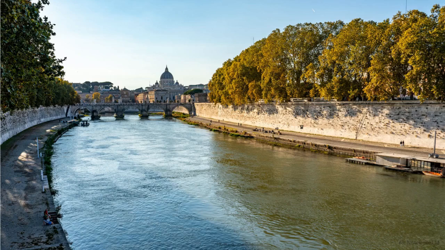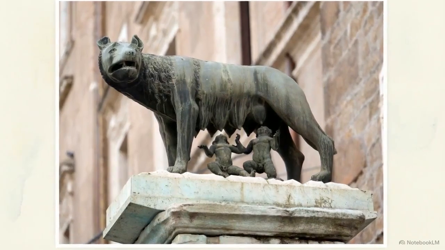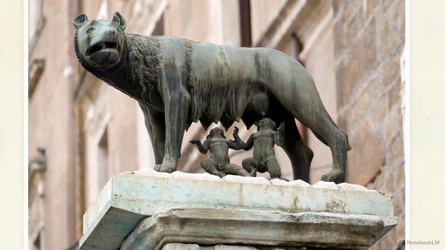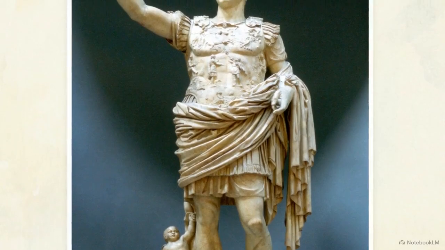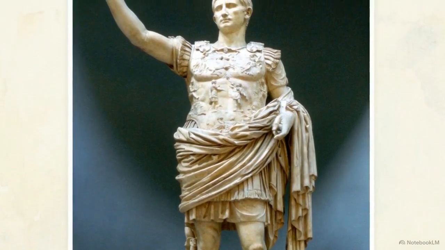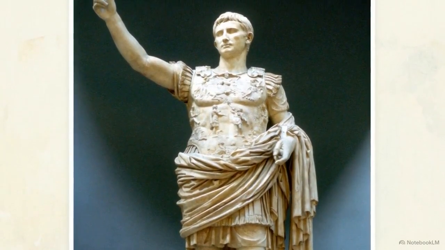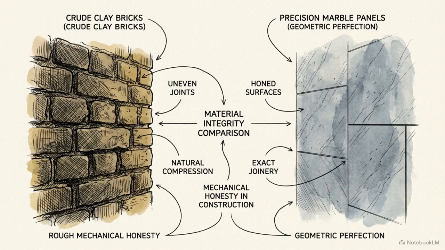Modern Rome remains a living museum, its historic seat of power still anchored along the banks of the Tiber River. Its origins trace back to the legendary twin brothers, Romulus and Remus. But the city's architectural glory reached its stride under its first emperor, Augustus. Between 27 and 14 BCE, he claimed to have found Rome a city of bricks and left it a city